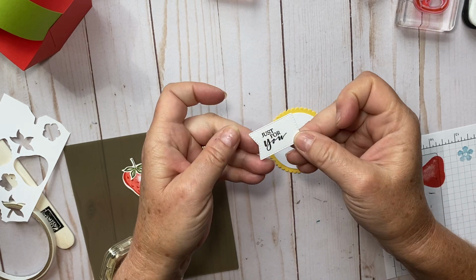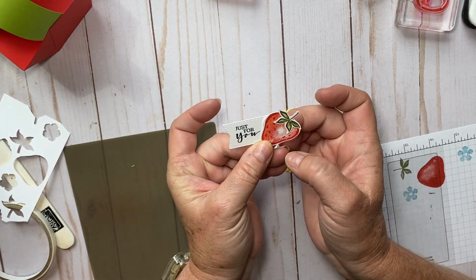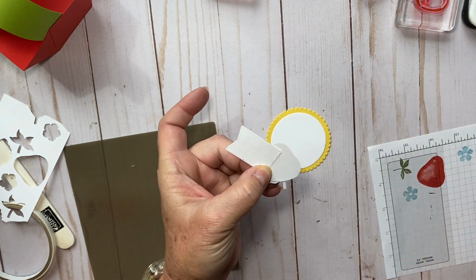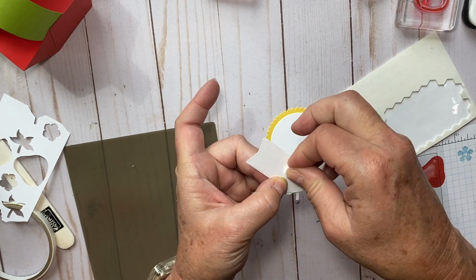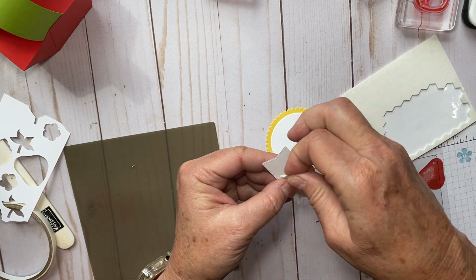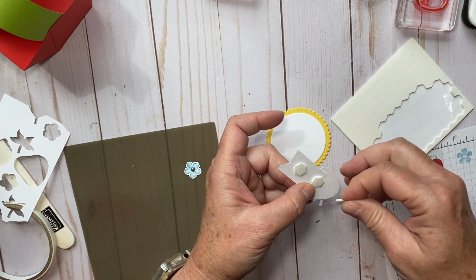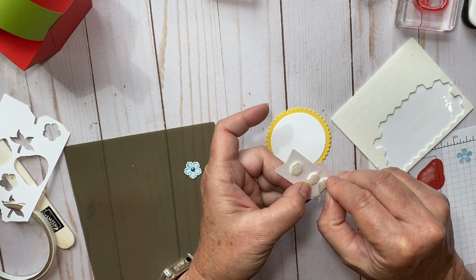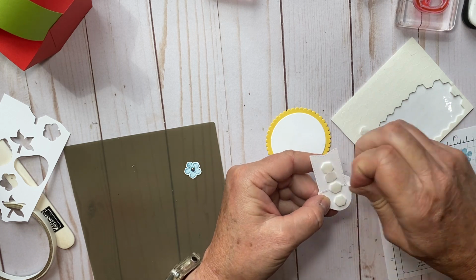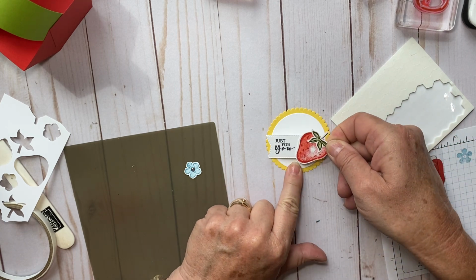I'm going to take my little banner piece here and my strawberry, and I'm going to lay them where I want. I kind of want my strawberry at a little bit of a tilt, and I'm going to turn it over, and I'm going to hold them together with a dimensional. So now they've become one piece here. And then with a couple more dimensionals, I'm gonna just hold them together and there we go. And then I'm going to just set that in the center of my circle here,